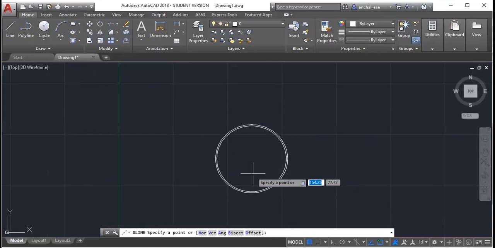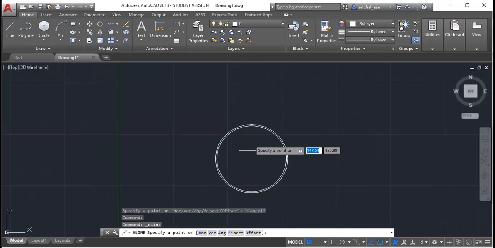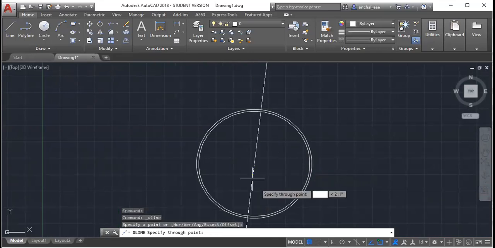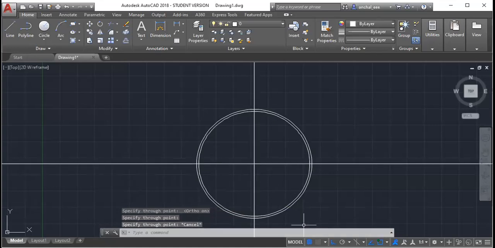So we will draw the construction line first in my case because it is not showing center. Turn on the ortho mode and draw two construction lines so that you have the center of it. Then now I will draw the circle.